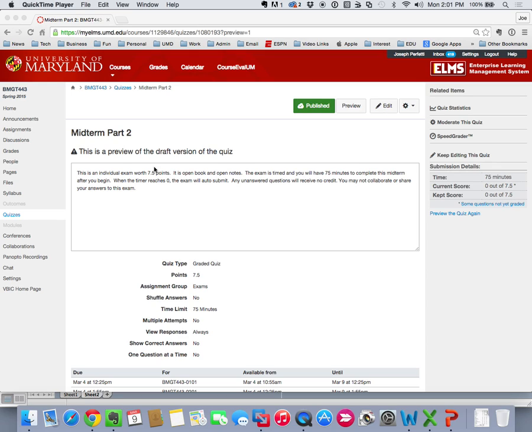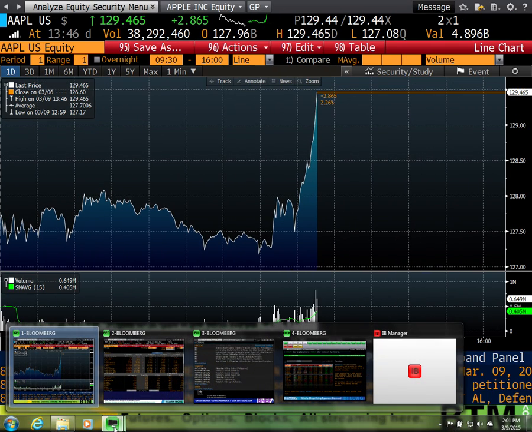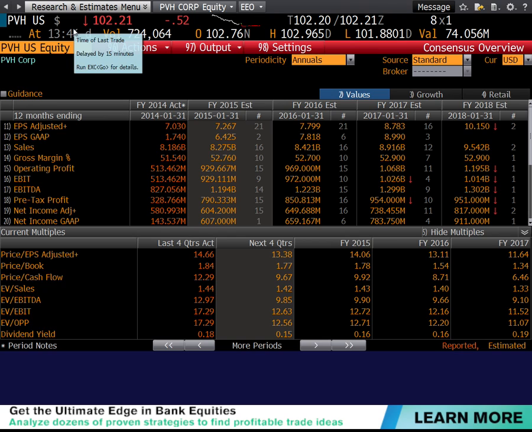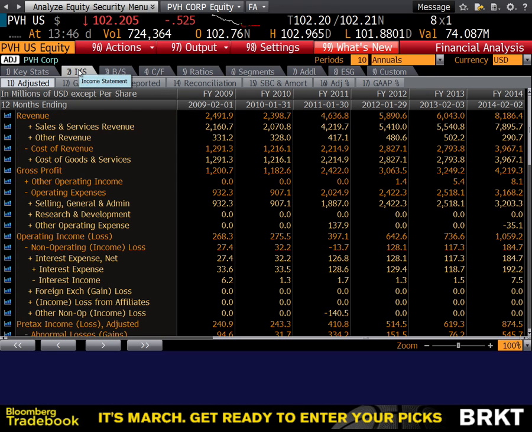So what we were supposed to be doing this week, we were supposed to start building our valuation model, right? But I'm going to have to postpone that until after the midterm because Bloomberg just completely changed their format. So if you go in here to Bloomberg and you look at a company like PVH and you go to their FA screen, one of the things for the income statement that we talked about earlier this semester, even when Bloomberg was here, is that Bloomberg has a standardized income statement format that they use that we will base our valuation models on. Sometime in the last 2 weeks, Bloomberg removed that and completely replaced it with a new format.